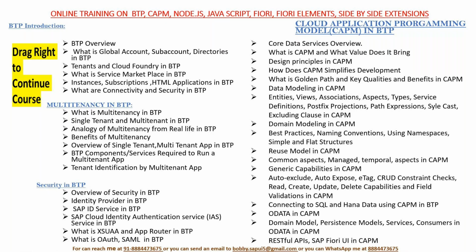Then we'll move to core data services overview, CAPM, design principles, golden paths, data modeling, aspects, types, entities, views, domain model, best practices, naming conventions, how to reuse models, common aspects, temporal aspects, auto exclude, auto expose, connecting to SQL database and HANA database, data models, persistent models and RESTful APIs, SAP Fiori, and how to develop Fiori